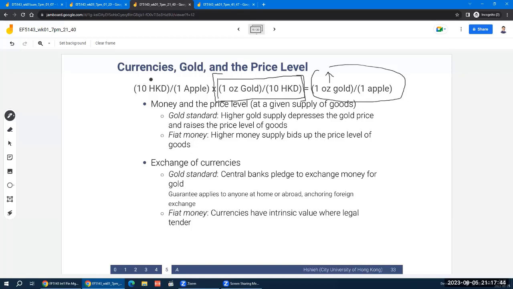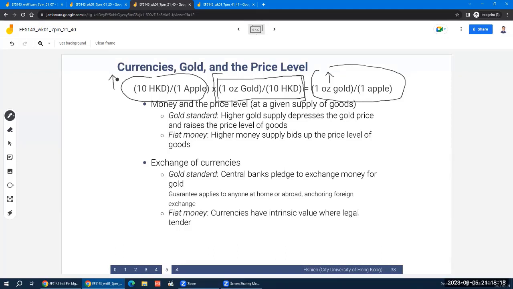If we can't change the conversion ratio, then the only thing that can change in order for the equation to be identical on both sides is if our fiat currency, or paper money, also devalues, and therefore the price of apples in terms of Hong Kong dollars increases. Okay? Agree? So more gold brought into a country is going to create inflation in terms of gold, and because we can't change the conversion ratio to any extent,